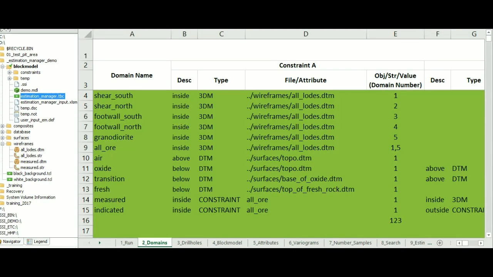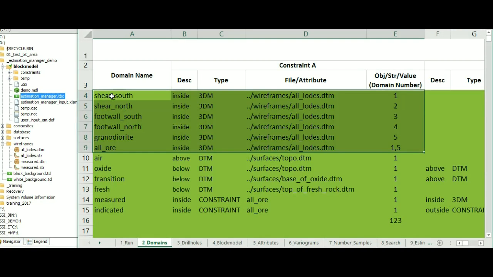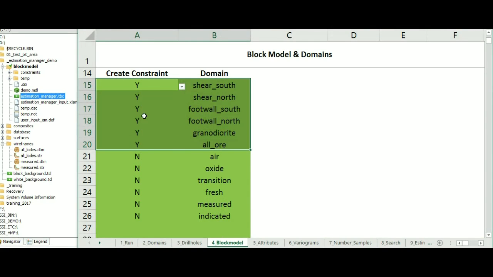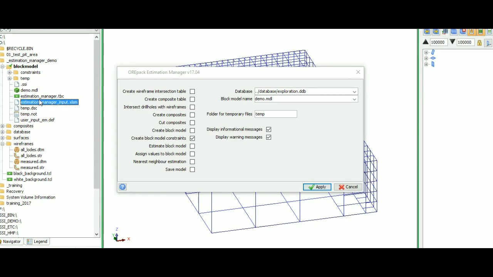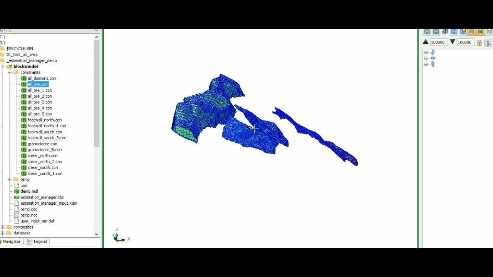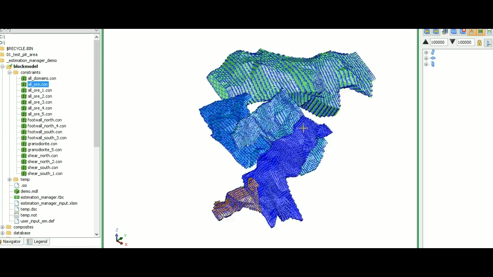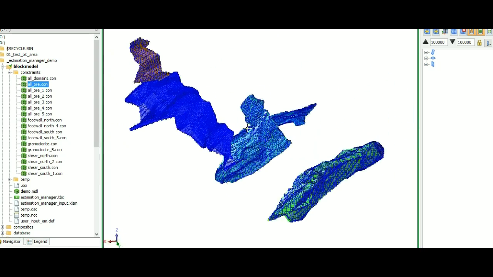The next step will be creating constraints. Recall that first in the spreadsheet we have defined some domains, and we simply then tell it to create a constraint for each of those domains. In Surpac, we just run the Estimation Manager and tick the block to create the constraints for those constraints that we have selected. When we have done that, we should be able to visually identify that the constraints have been